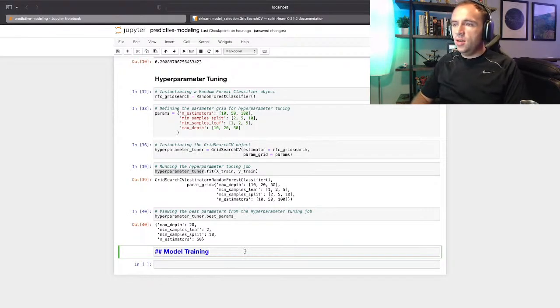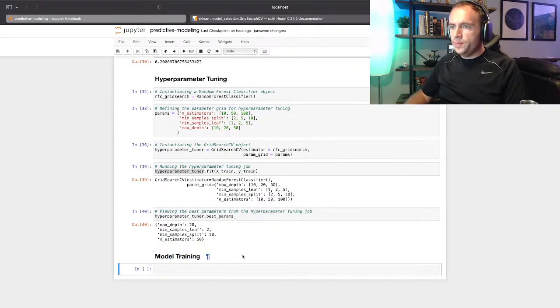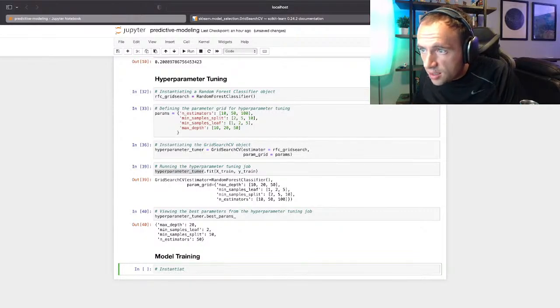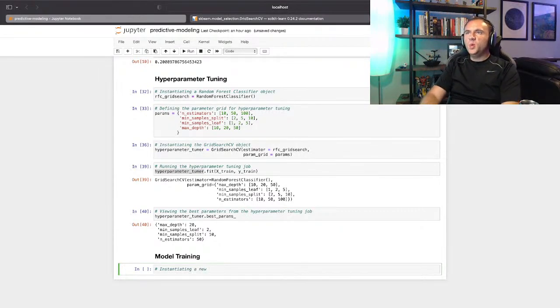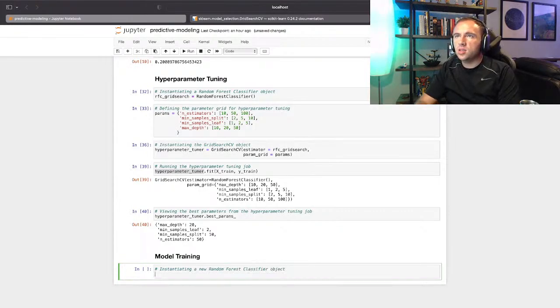So now that our hyperparameter tuning job is complete, let's go ahead and instantiate a new random forest class for our object. So instantiating a new random forest classifier object. All right, so I'm going to call this one RFC model, so random forest classifier model equals,